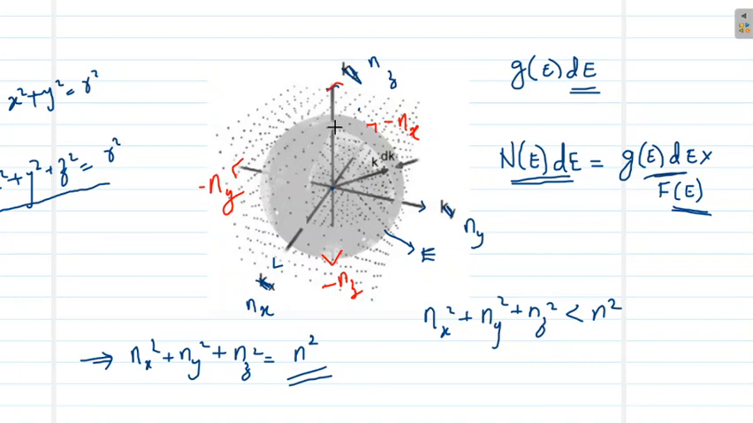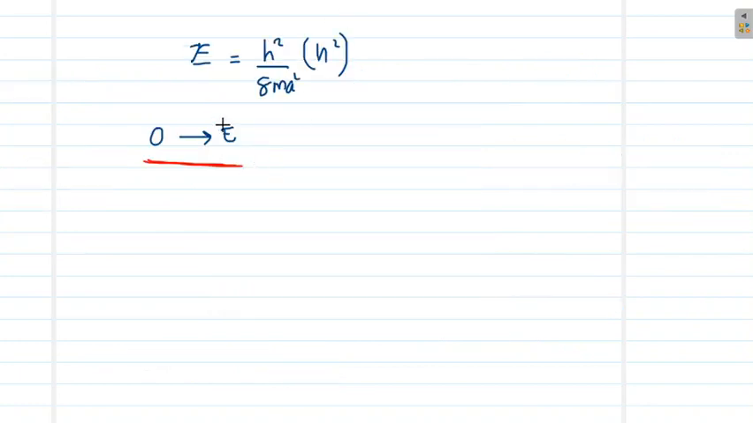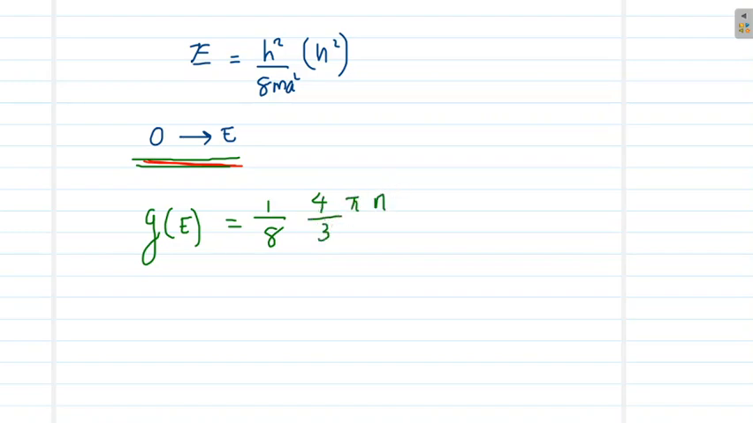All the points in other octants are actually not attainable points. For those points, the sum of the quantum numbers are actually negative. So even if we consider this volume, only the positive octant of this sphere is actually corresponding to the available states. So we will be defining G of E, which is the number of states available between the energy level 0 up to E, as 1/8 of the volume of that sphere, 4/3 pi n cube,